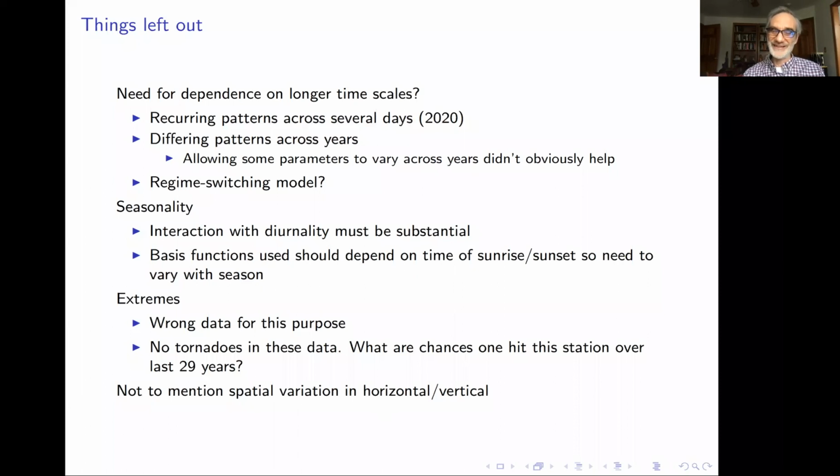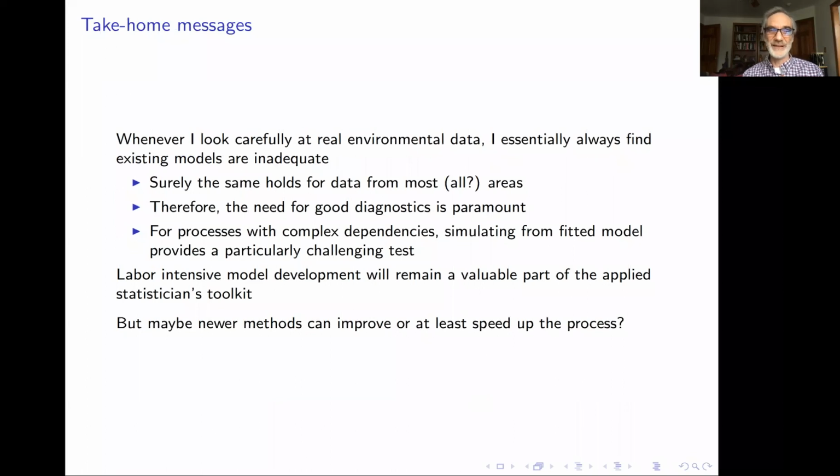Obviously, the wind process, we're interested in it as it varies horizontally, vertically. And frankly, there's a third component to the wind vector, right? There's a vertical component to the wind, which is also very important meteorologically. And so there's a huge amount being left out here. But even this simple data set,